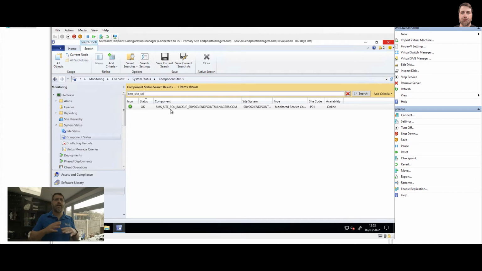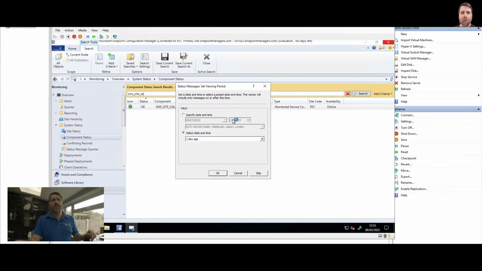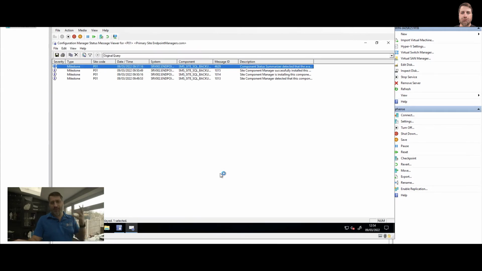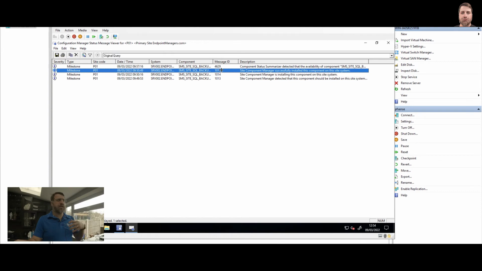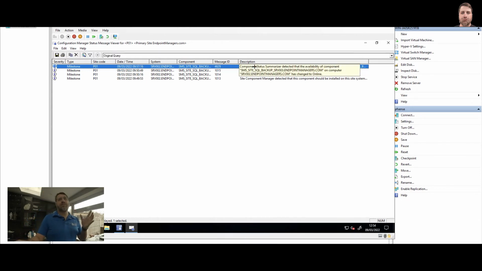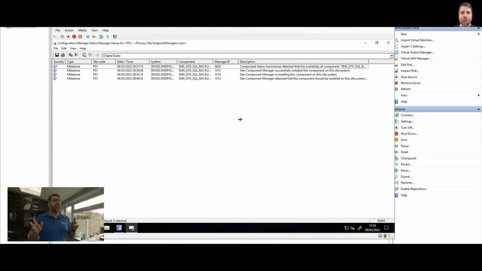Good, so let's go back here. On the SMS site SQL Backup, let's see all messages for the last day, could be just a few hours. The message that we are looking for is 4629, which means the component has been installed and is working. Basically 1013 is I should be installing, 1014 is I'm installing, and 1015 is I finished the installation. That doesn't mean it's working. In this case, 4629 means the component is now online and it's going to be used, and there is no error. If you see the message